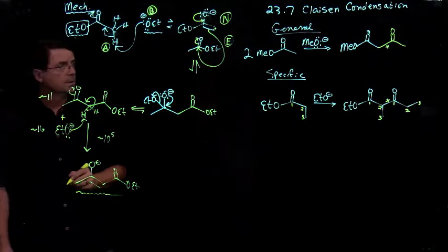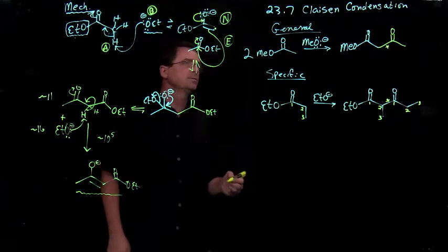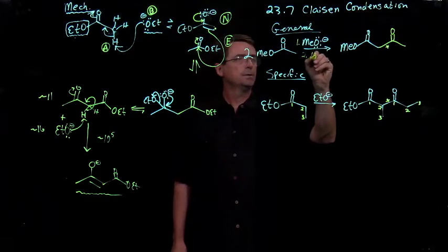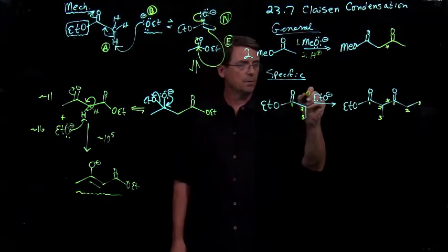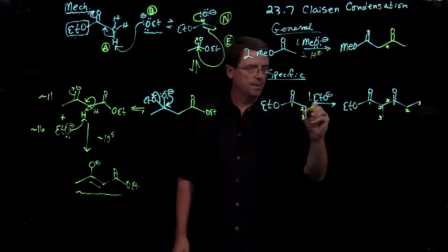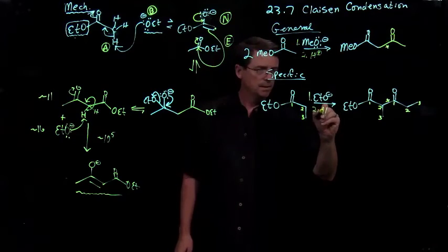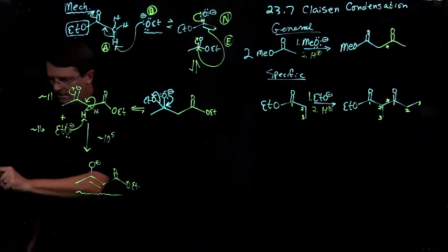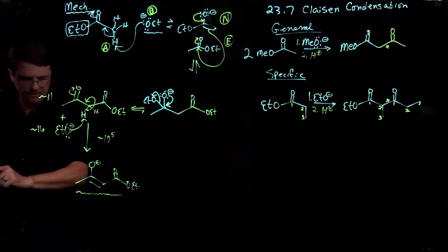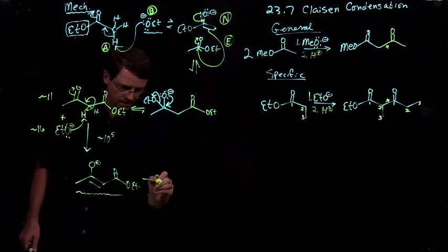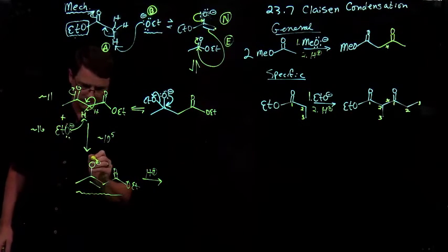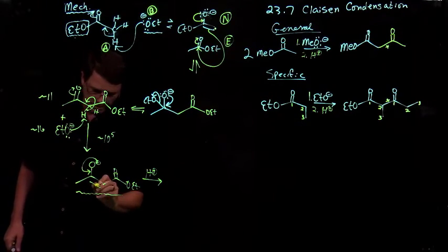And then you'll see, I should have put this up here explicitly, but 1 is the base, and then 2 is acid. So 1 is the base, 2 is an acidic workup, and that's because the way that we get the final product here is we can add acid to these reactions, and of course now we can protonate